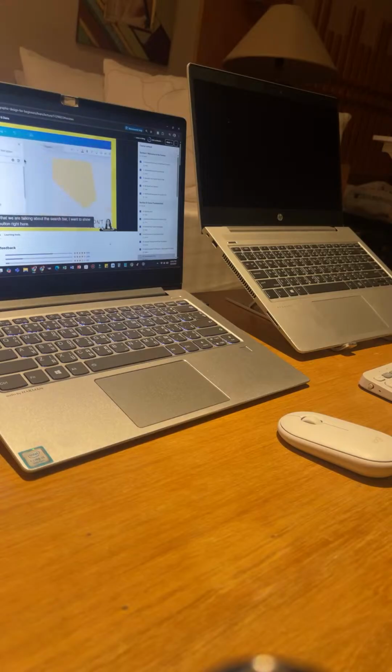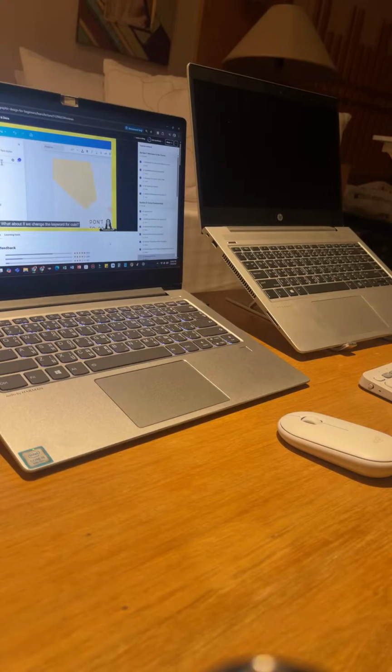And now that we're talking about this search bar, I want to show you this button right here. This is actually a filter, and when you click here, you will have access to this window. From here, you can select a language. This will be useful if your language has different characters than the one that we use in English. So, for example, you want to find fonts that work with the Thai language. You can type Thai, apply, and then you will find the font that has Thai characters and they are still